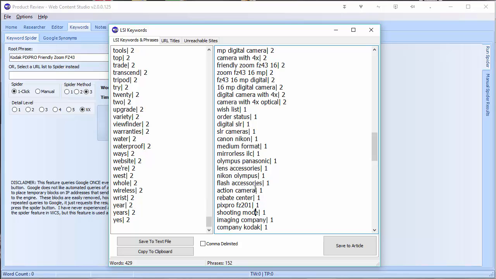Got mention of an action camera. So is it a good camera for capturing action? Flash accessories, something else you need to include. Lens accessories. Mirrorless ILC. I have no idea what that means, but it's something I would look up if I was writing